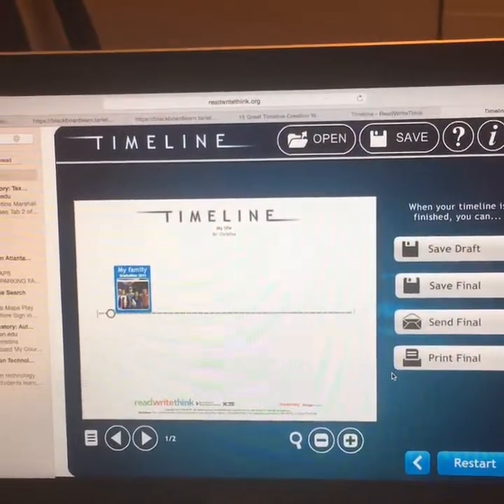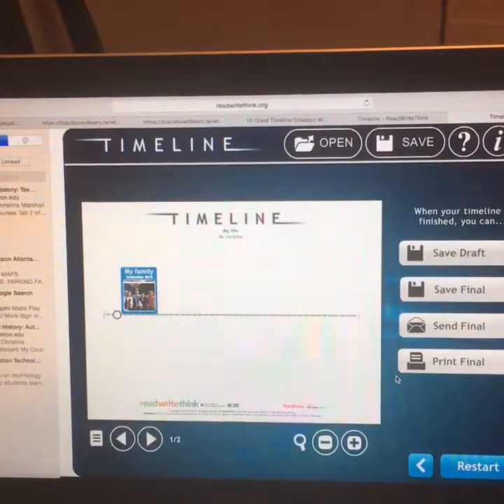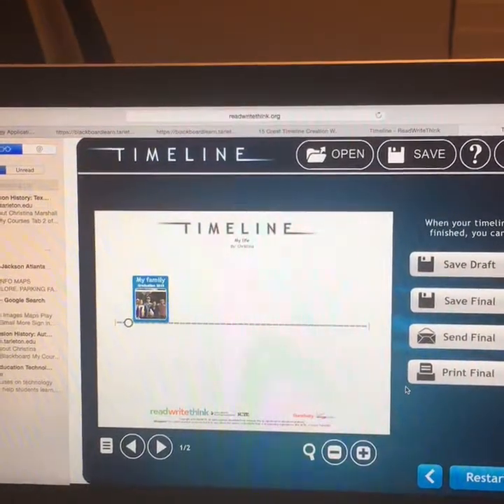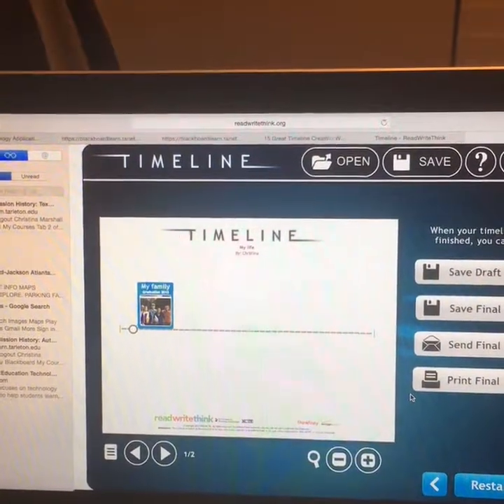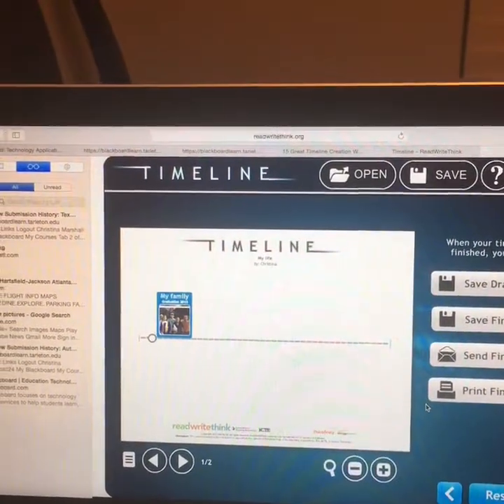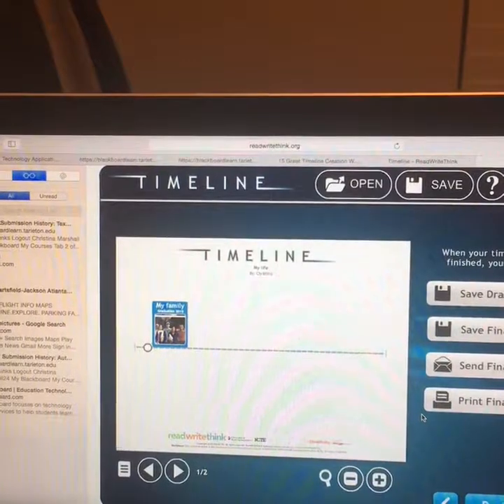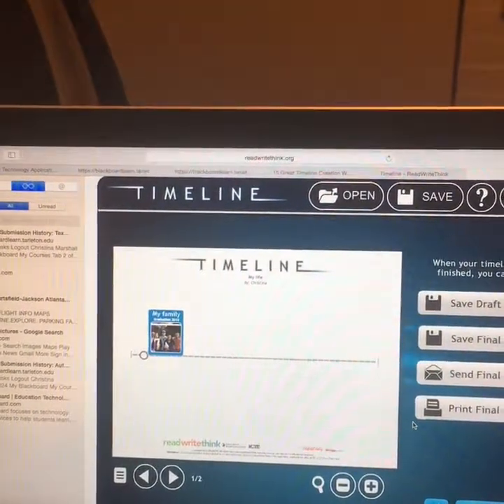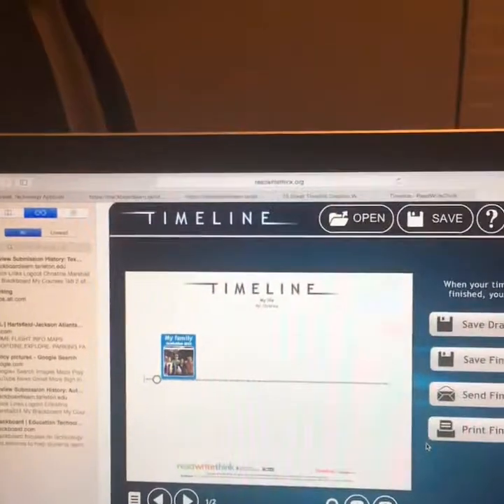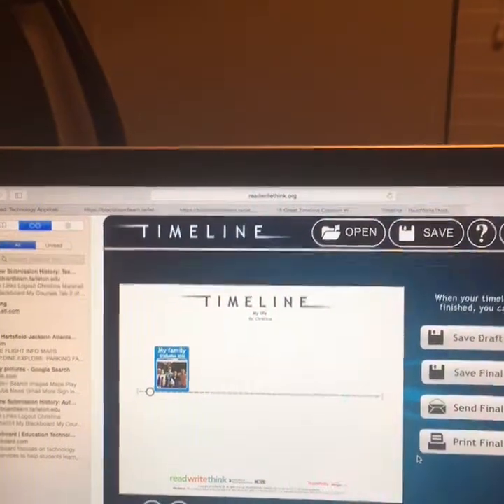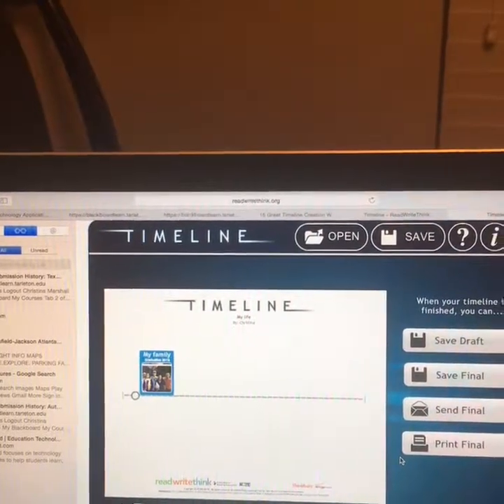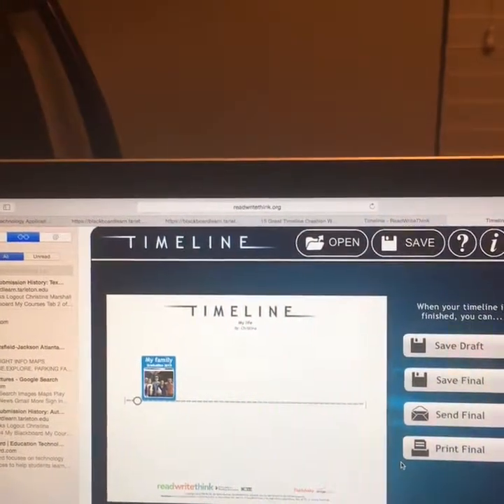And for an informal assessment, I would use an exit ticket. I would have students create their own timelines and use events in a story. I would read a story or say a certain topic, and then students would be able to produce a timeline from the order of events in